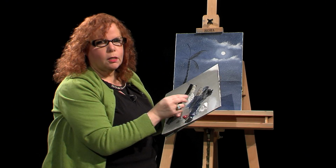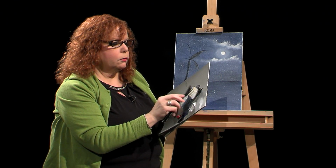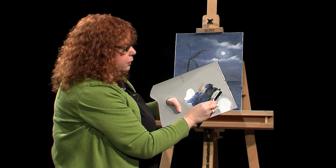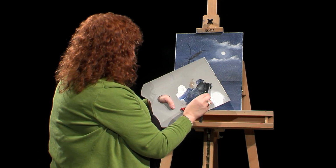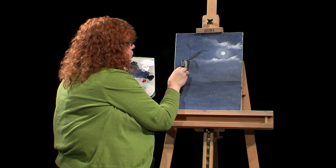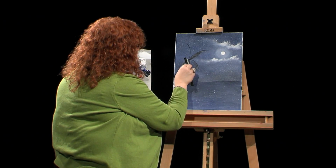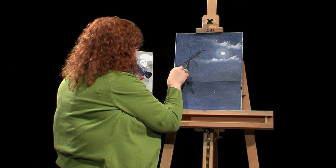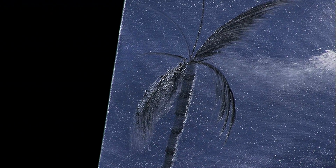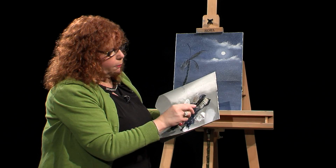Now, if we had a big palm tree, the bounce brush is good because it'll cover a lot more, okay? So I am going to load a little more than that 1/4 inch of it and try it first and see if I need to load the whole brush. So I'm just going to pull it down and pull down and pull down, okay? So I need a lot more paint on the brush than I have, all right? So what I would have to do is really load up the paint, maybe put a little medium, and really